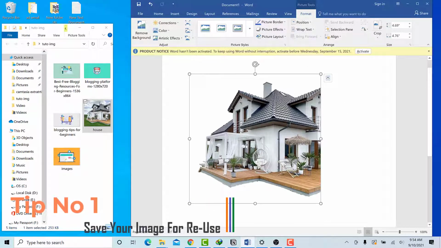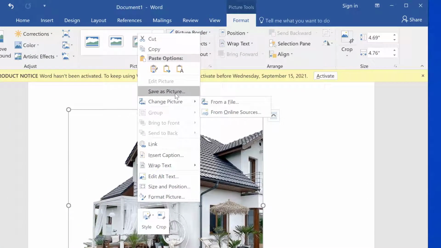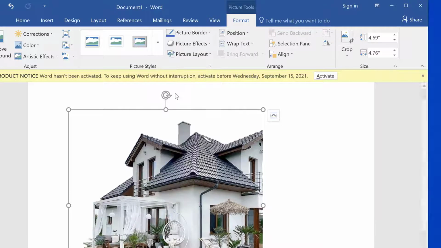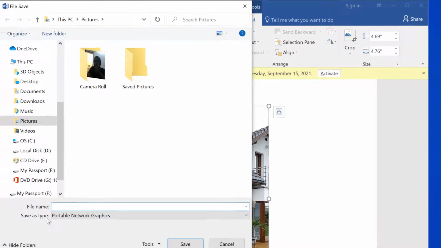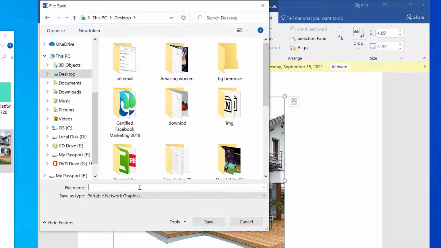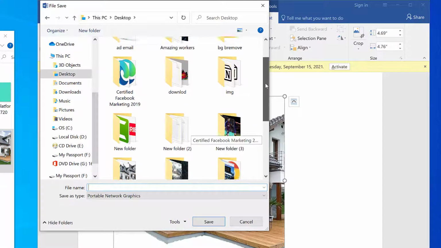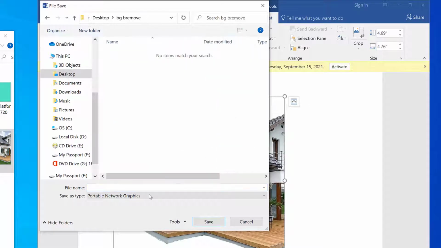So to do that, you just right click and you select save as picture. Save as picture, and let's go and save it on desktop. Let's go to house. I think there's a folder called bg remove. Okay, bg remove. Let's take a house. And we save it there.